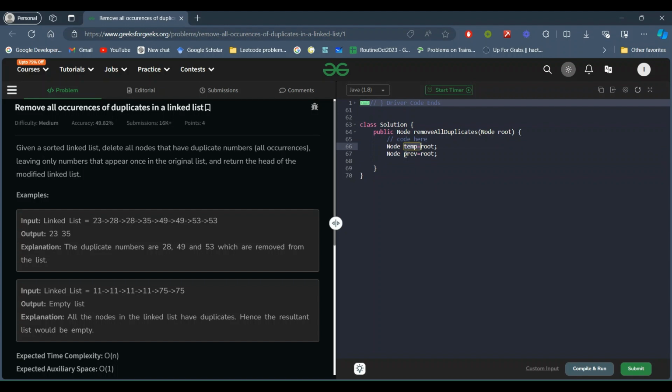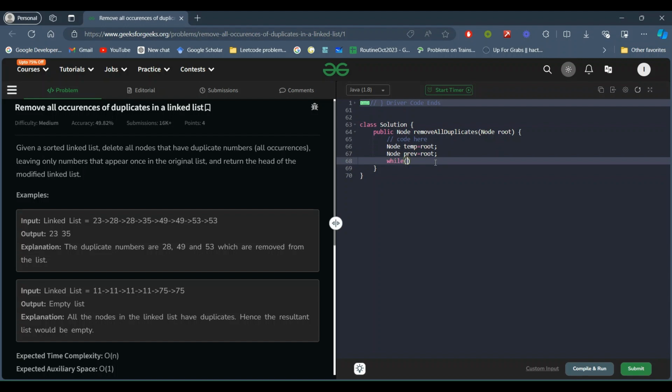Previous is going to take care of the node coming before the root traversal. As I code, I will explain each and everything. So let's start.